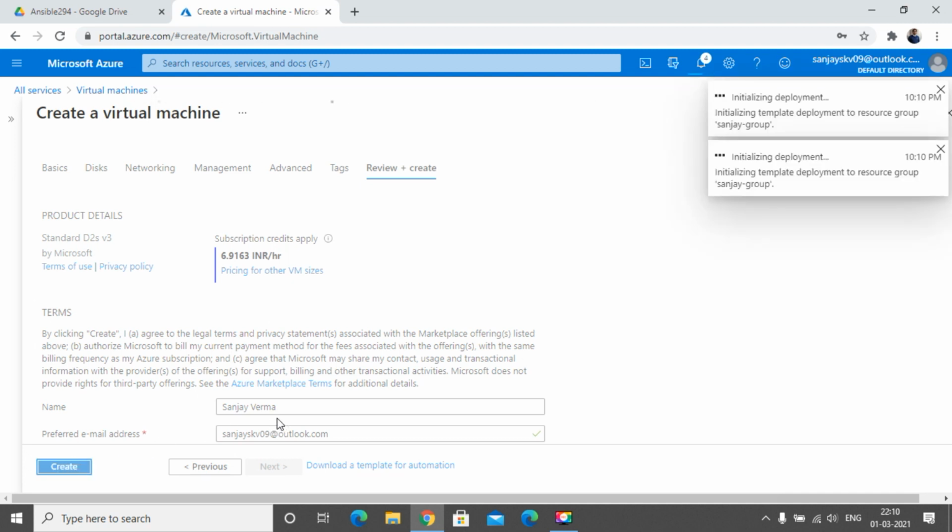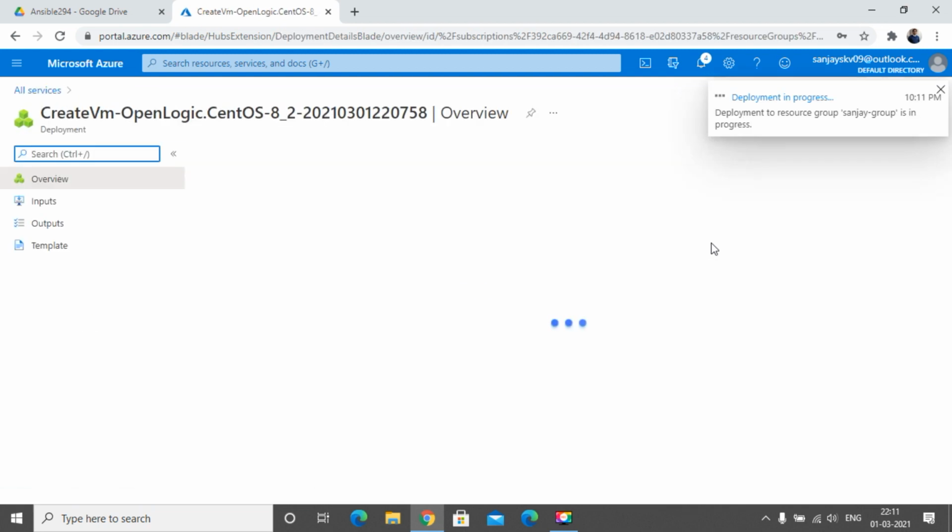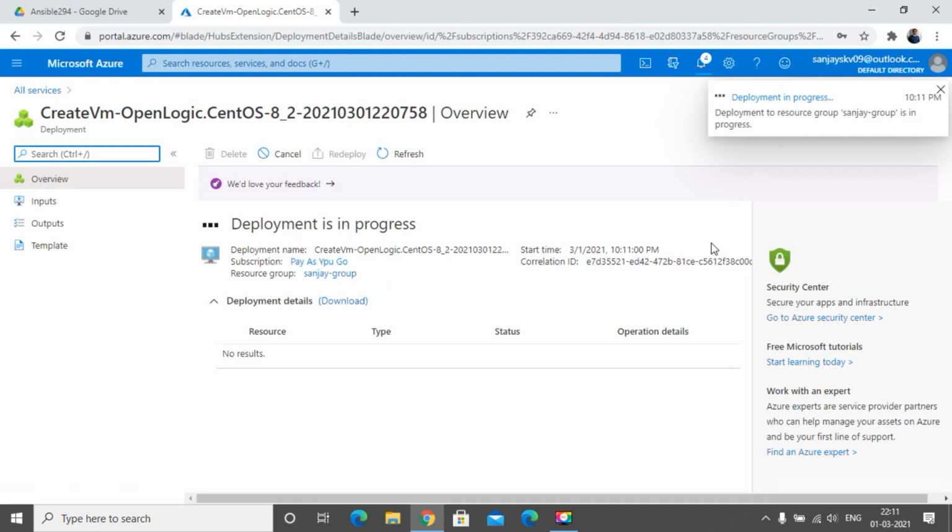Okay, the machine is going to initialize. My dear friend, it will take some time. So right now you can see resources are being deployed, and my deployment is in progress. I am going to pause my recording, then I will continue when my resources are ready.